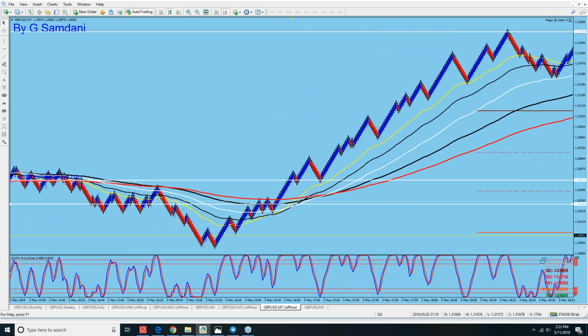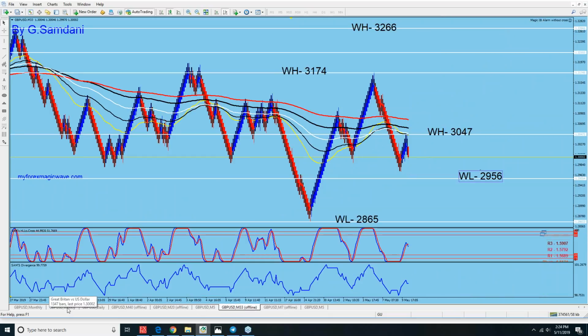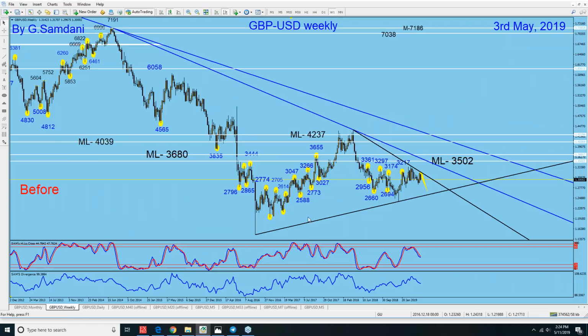Is there any number here? Is it like 3,000 something here, right? We're bouncing from here, 3,000. So let's go take a look at the weekly chart. Is there any number there, right around 3,000? How about 29.56 or maybe 30.27? 30.27, 30.47. How about if you place those numbers on our